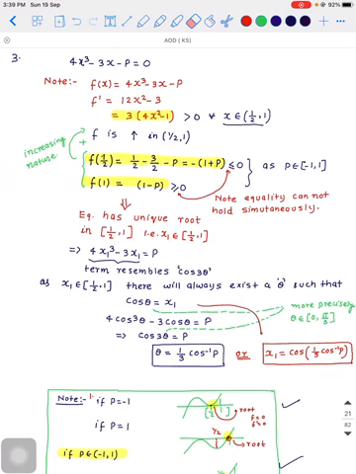So now if at x equal to half, if you replace x by half, function will be 4 into 1 by 8 minus 3 into half minus p. The same thing I have substituted here, and it simplifies to minus of 1 plus p. Let x equal to half, function is negative. Max it can be 0 when p equals minus 1. So that case I will take later.